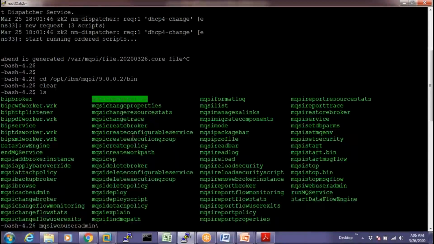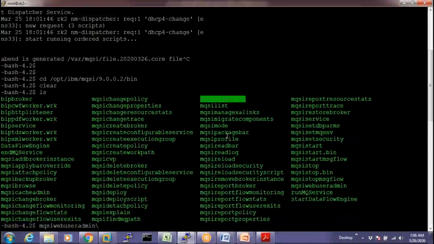mqsifind, mqsipath, mqsiformatlog, mqsimanagexalinkage, mqsimigratecomponents. I think this is what they always work on, this is for migration. Yeah. mqsireadbar.